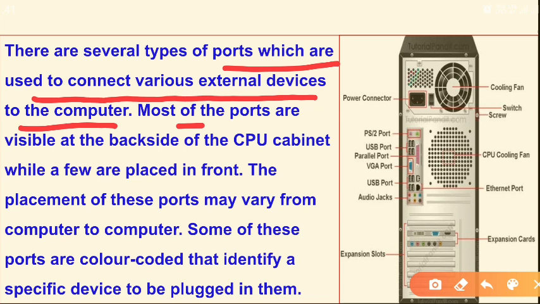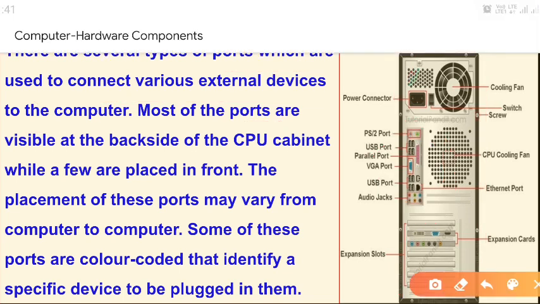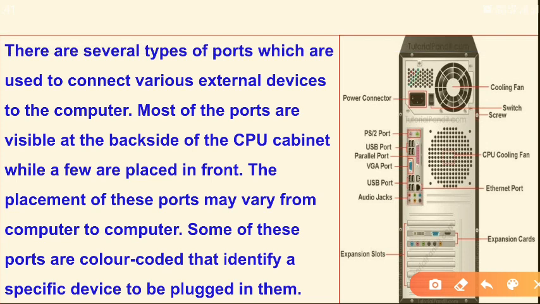Most of the ports are visible at the back side of the CPU cabinet. So this is the back side of the CPU cabinet, and you can see so many ports over here. We are going to talk about all these ports in this particular lecture. Some of the ports are also visible on the front side of the CPU cabinet.